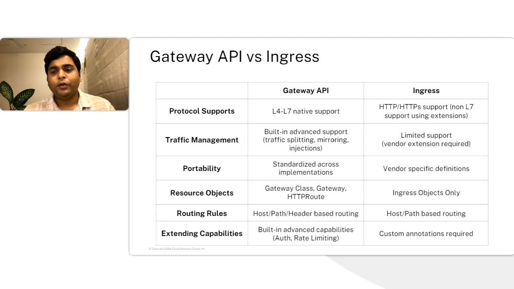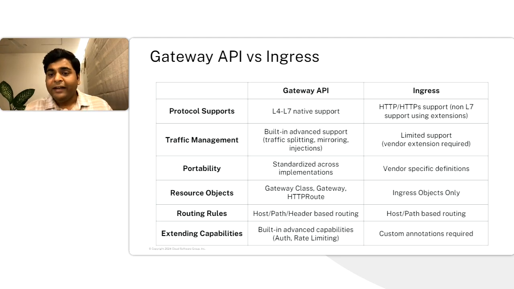So as you can see, on protocol support, Ingress typically has HTTP or HTTPS support, but for protocols which are not HTTP and HTTPS, non-L7, you would have to depend on the proxy. As I was mentioning earlier, the proxy has to implement its own annotations and its settings for supporting non-L7 protocols. On the other hand, in Gateway API, the community has given the option for creating L4 or L7 protocol support